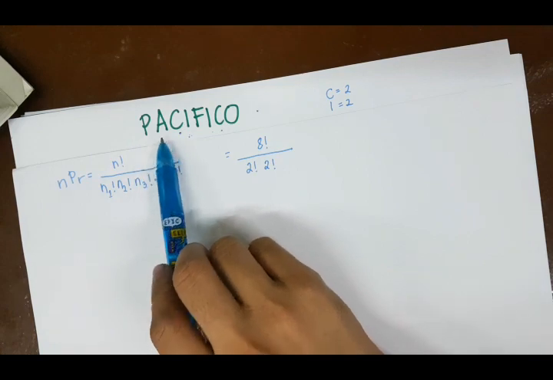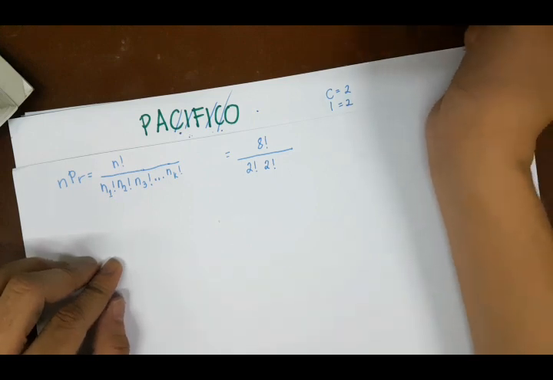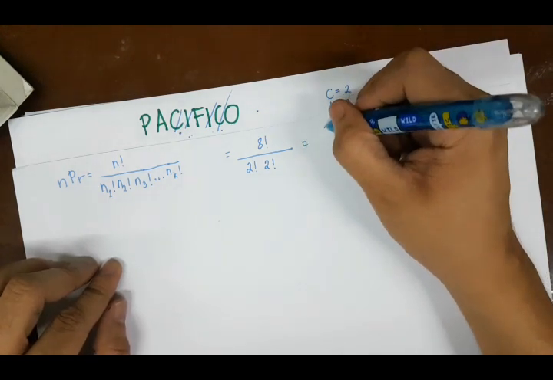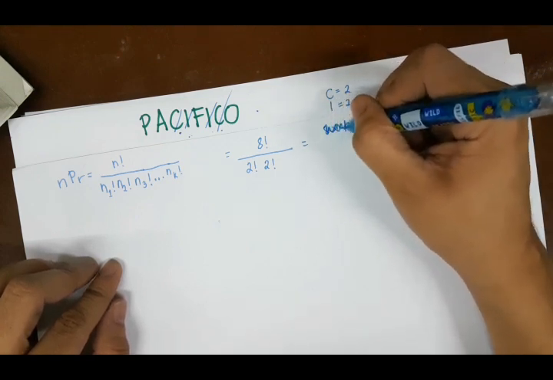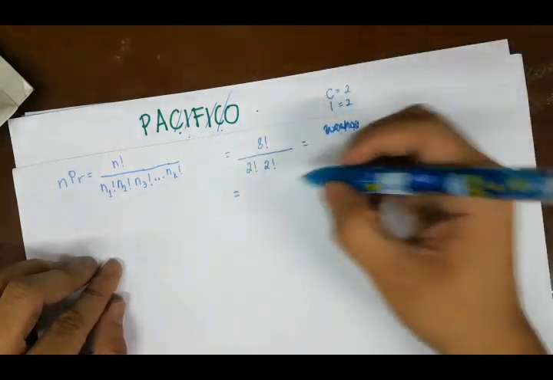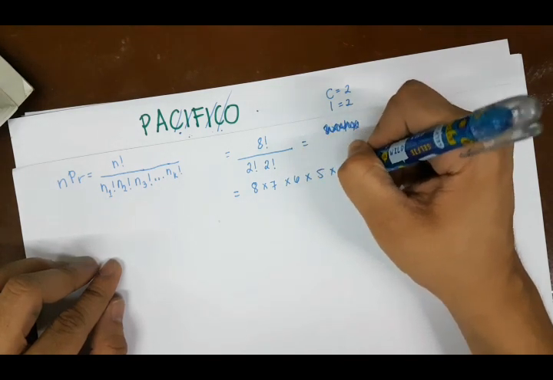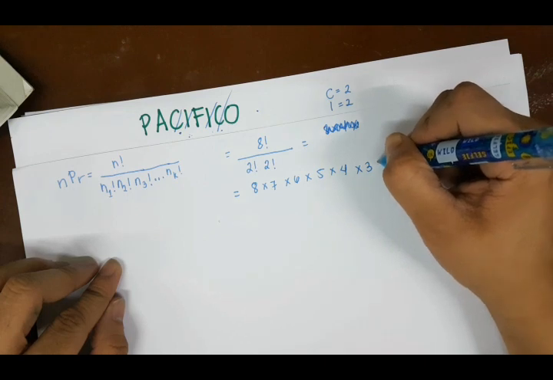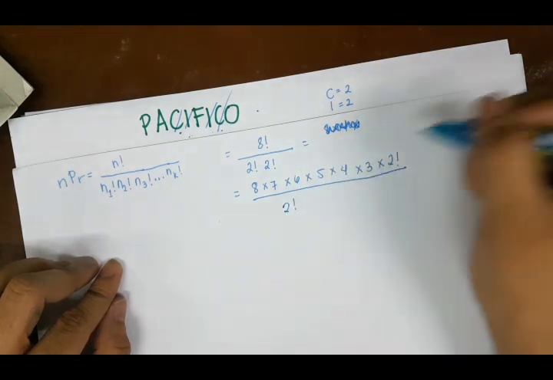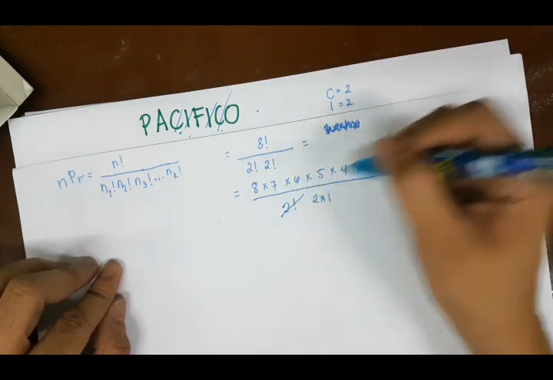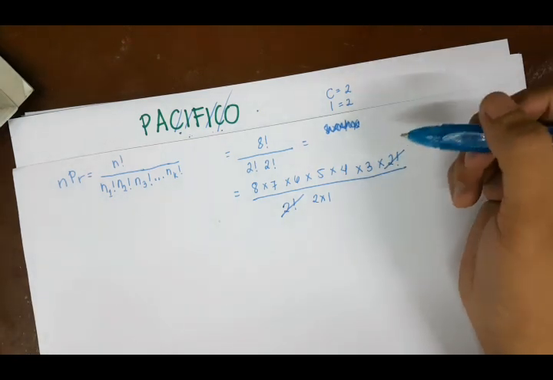Okay, so as you can see, there are no other letters that repeat. So 8 factorial: 8 times 7 times 6 times 5 times 4 times 3 times 2 factorial, since we can cancel 2 factorial down here. Okay, so 2 times 1, so we can cancel this. Okay, so 2 times 1. Okay, so let's